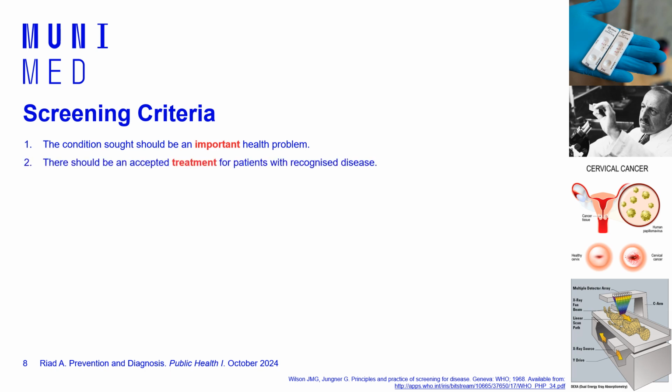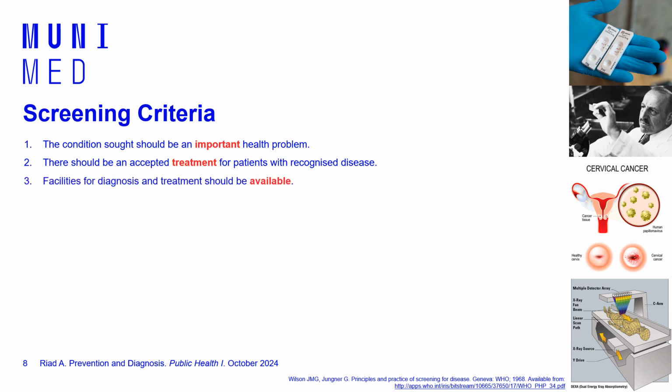Then you should think about the treatment. Is there any accepted treatment for the patients with this disease or not? Like, yes, we can find that this disease is present in 1% of the population, but after we know this information, is there any effective and accepted treatment for these people or not? If the answer is no, then we probably waste our money and our time in making this early screening, because regardless of the time when the disease will be diagnosed, we have no accepted treatment yet.